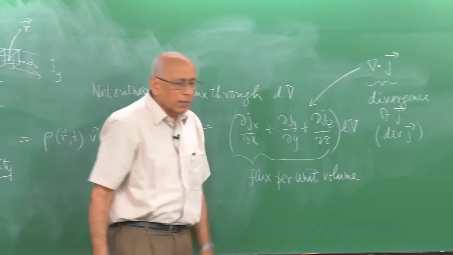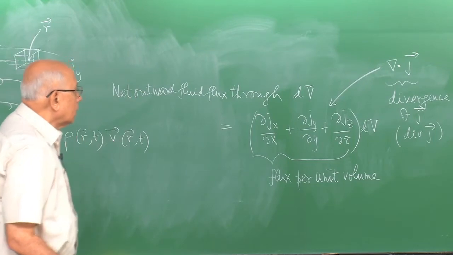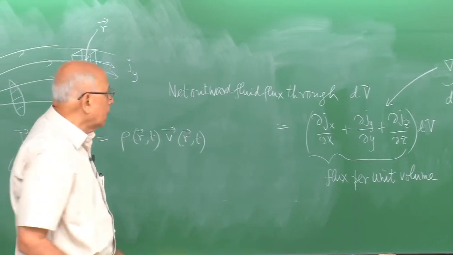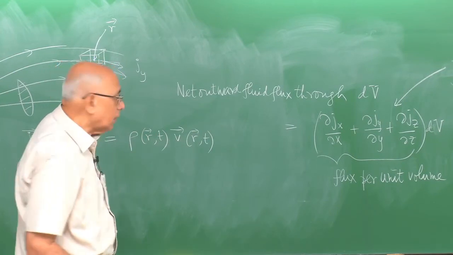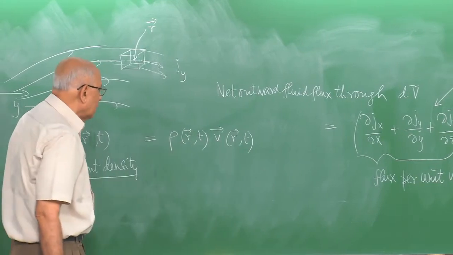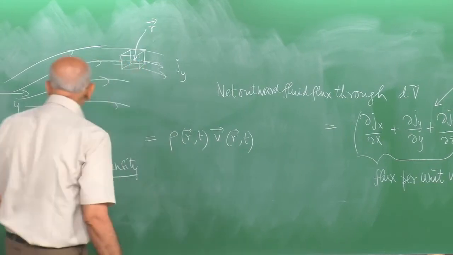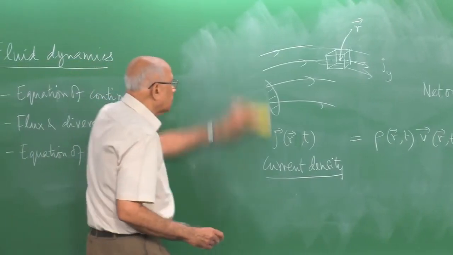So, the divergence itself is defined as the flux per unit volume of a vector field at any point here, and what we found here is the flux of the current density, which in the fluid case happens to be rho times V. But what is this quantity equal to? What is this going to be equal to? And that is interesting to ask, because it is obvious